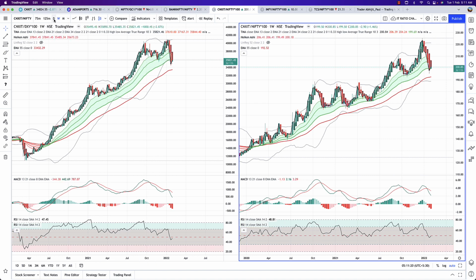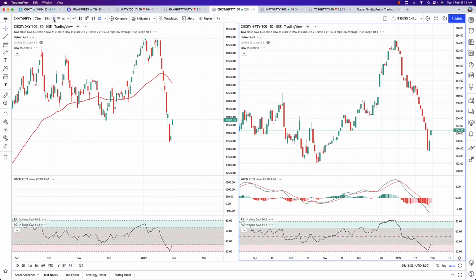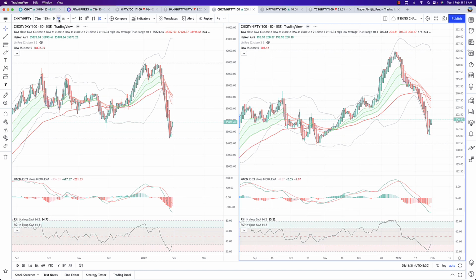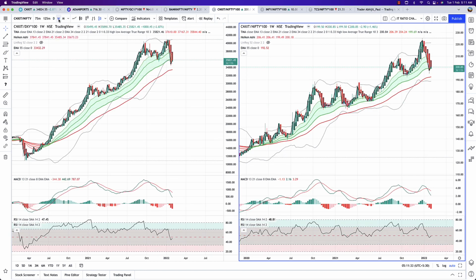Of course, if you take a look at the daily charts, the perspective will be very different. You'll see some serious correction and you'll start to notice some sharp bounce back also. But that's not the idea. We're talking about a time frame of at least 5 to 6 months to a year, if not more.